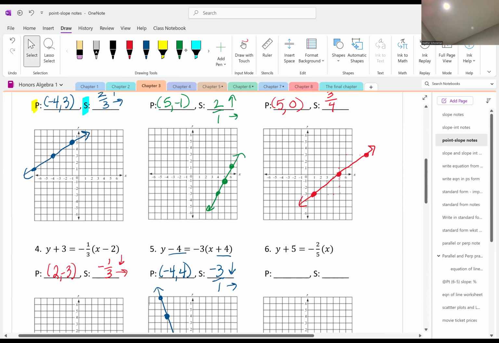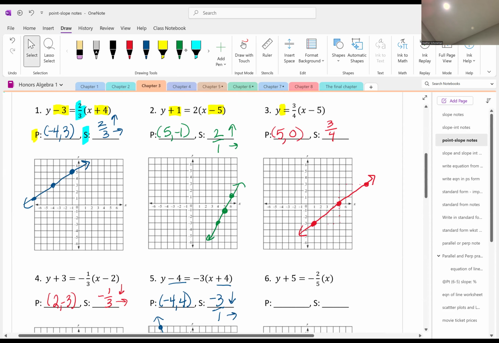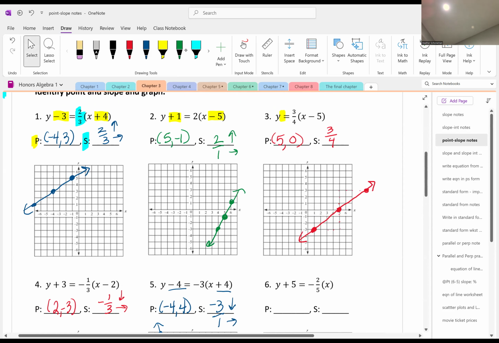Okay, number 6. We know it's in point slope form, just like number 3 was, or all of these are, because they have parentheses. But this is kind of an oddball one like number 3. So the slope is easy. We know -2/5. But the x is kind of the opposite of what we had in number 3. There's nothing added or subtracted to this x, so it's not 1, because if it was 1, there'd be a 1 there. Okay? And then it's the opposite of what's added or subtracted to the y, so this is going to be